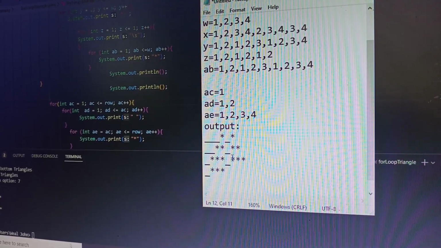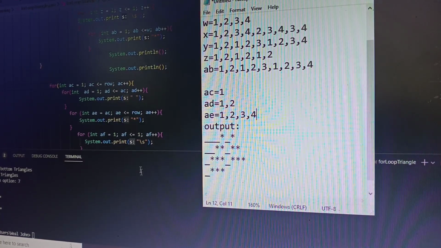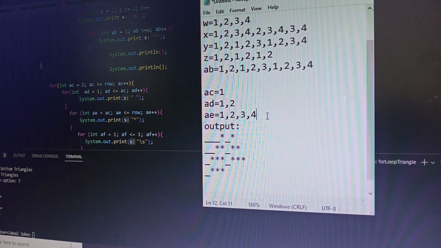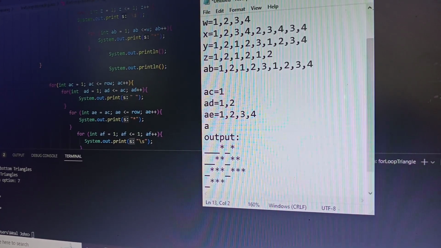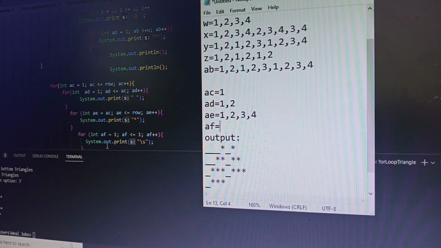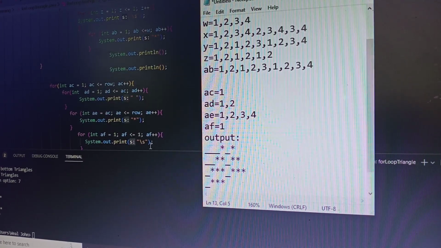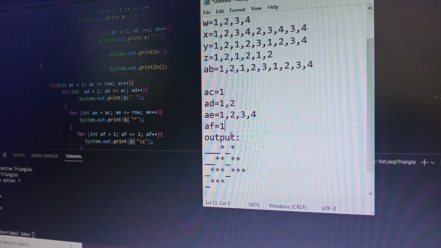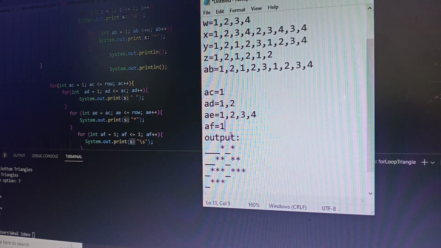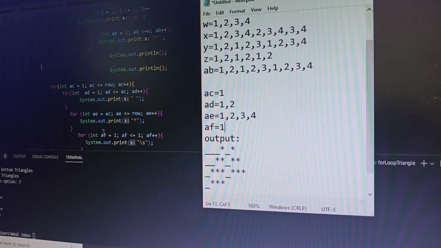Proceed to the next slide, which is AF is equals to 1, then condition is AF less than equals to 1, then true. Proceed to the next line, which is